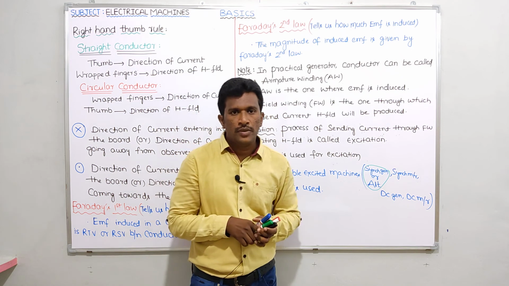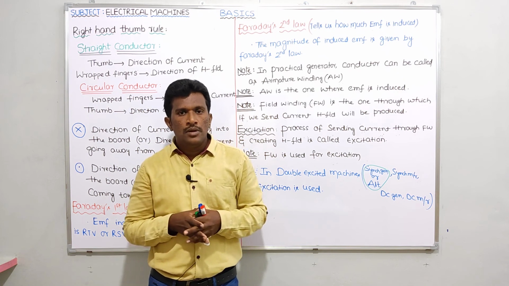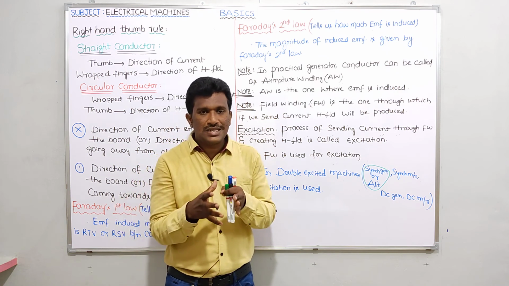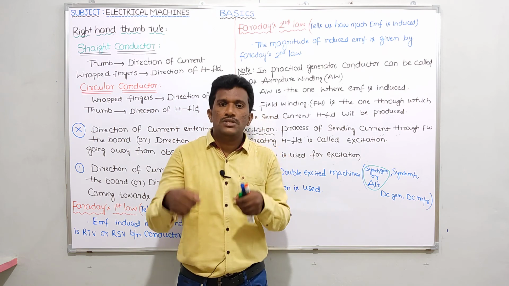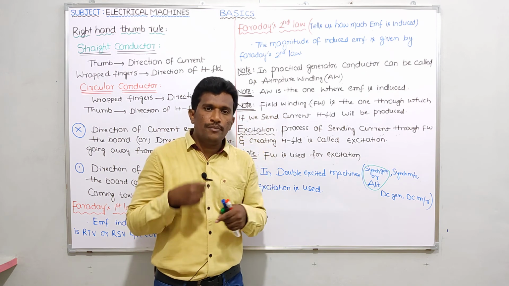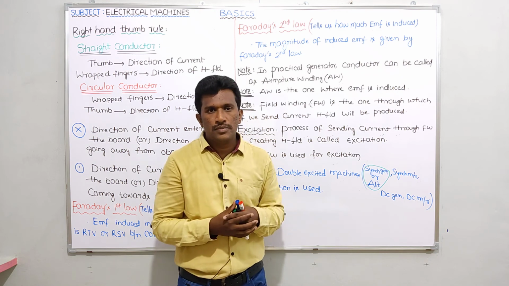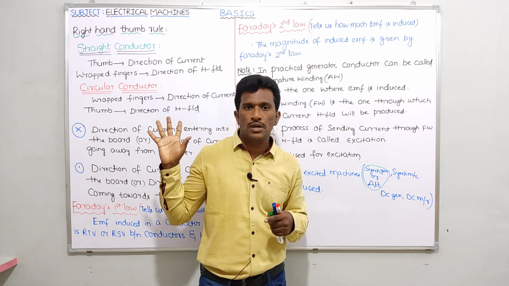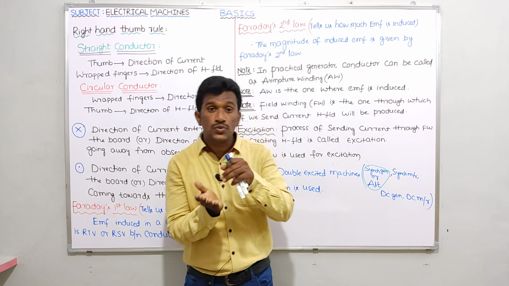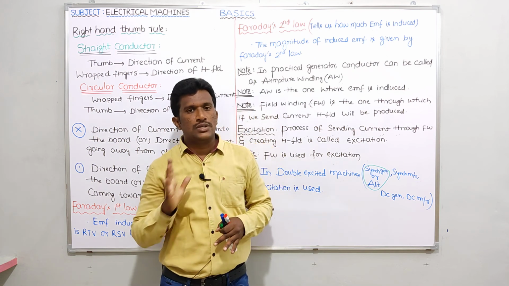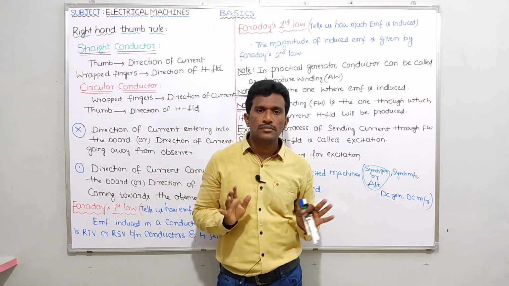Suppose you take a transformer. How many supplies are you giving to the transformer? Only one supply. I just connect only one external voltage source to the primary winding. Because of that, EMF will be induced in the primary winding. The same flux will go from primary to secondary through the transformer core. It links with the secondary winding, and there also EMF will be induced. That means by using only one external voltage source, EMF is induced in both primary and secondary windings. So for transformer action, I only need one external voltage source. Power will transfer. Is it clear?